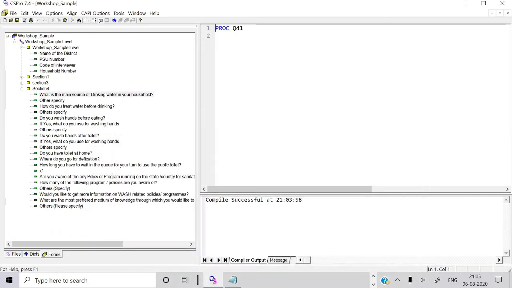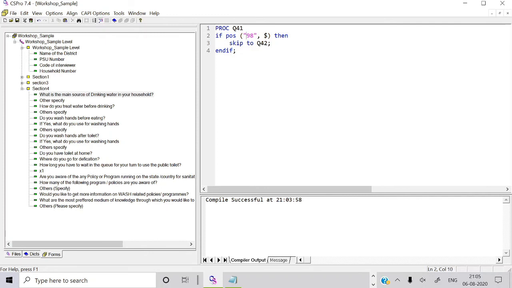I'm just copying it and going to the particular variable Q41. What I am going to declare is, if it is a string variable, then I am including POS. POS has to be included; it is actually a string, a post-proc string.